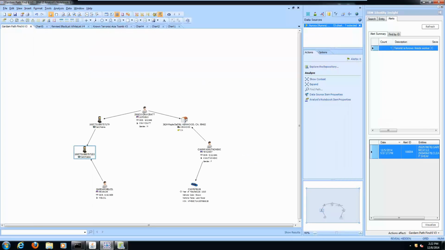Here is Gardam, who has access to a phone, which made a call to another phone. That phone is called by Jamiko, who registered at an address in Kenwood. Another person also registered at the address owns the vehicle. So in reality, Gardam made a call to a guy who lives in a house with another guy who lent him a car. We have the key terrorist, potential accomplices, a security officer connected by a sister who was seen in the vehicle with the terrorist, the vehicle that may be of interest, the people involved with providing that vehicle to the terrorist, and their address.